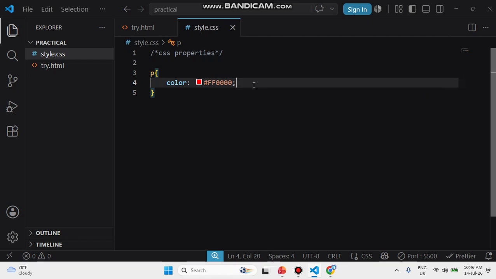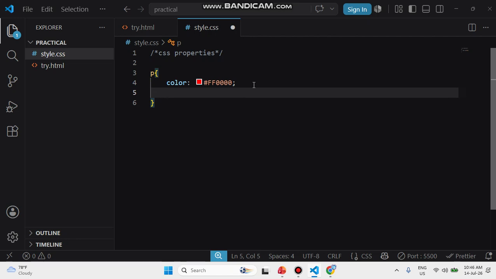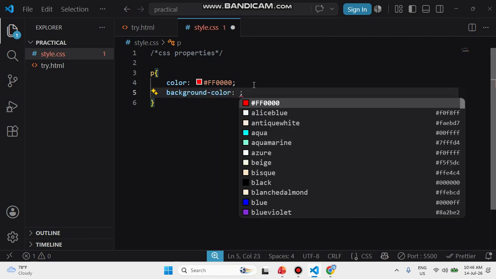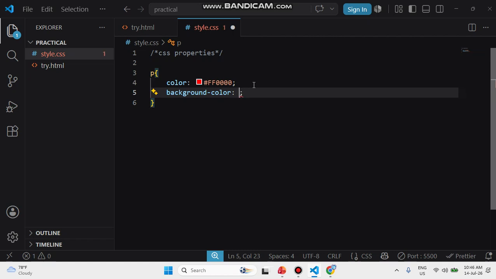Okay, now after this we have a short hexa also. Rather than writing very big things, let me use background-color, and I'm not going to apply ff0000. I will apply a hash, okay, hash, then